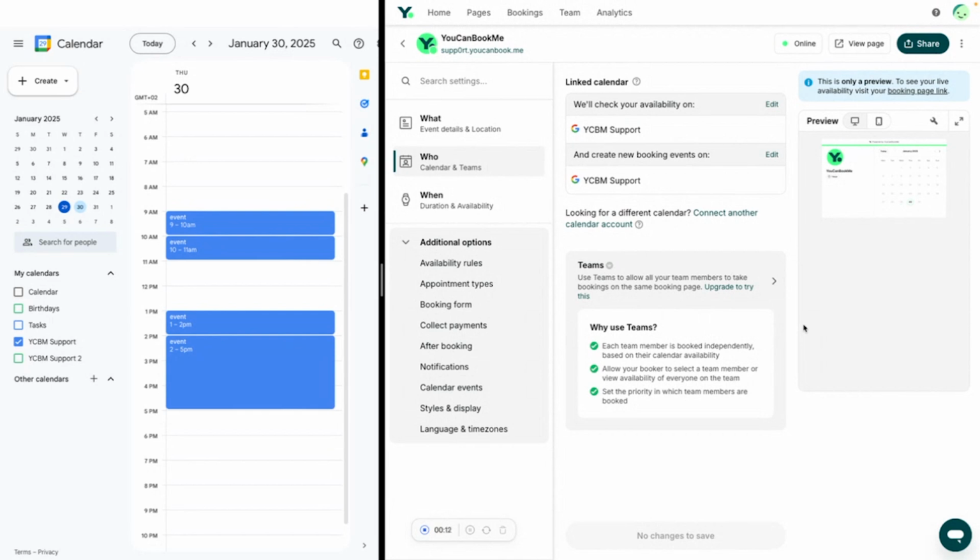Super simple, super quick. Let's get into it. So what do we have here on the screen? We have our page settings on the right, and we have our integrated calendar, Google in this case, on the